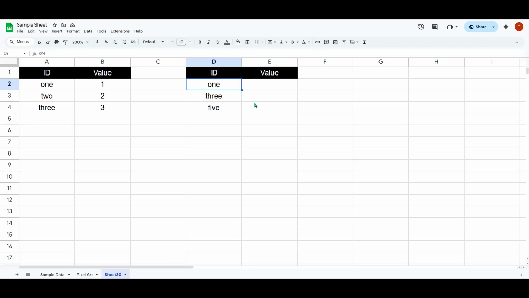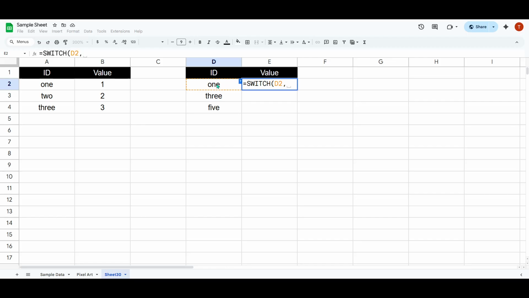To get started with the switch function, we'll begin by entering it in our target cell. You'll want to type an equal sign followed by switch, then an open parenthesis. This sets up the framework for the switch function. The first parameter we need to specify is the expression that we want the function to check. In this example, we're going to have the switch function check the contents of cell D2. So we'll enter D2 into our formula, followed by a comma to indicate we're ready to move on to the